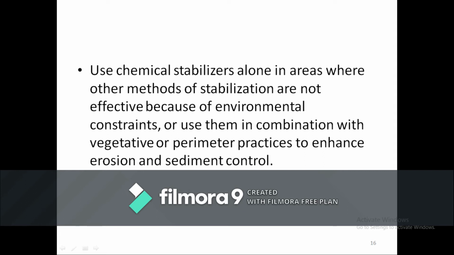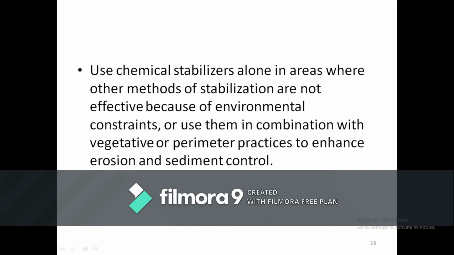Use chemical stabilizers alone in areas where other methods of stabilization are not effective because of environmental constraints, or use them in combination with vegetative or perimeter practices to enhance erosion and sediment control.